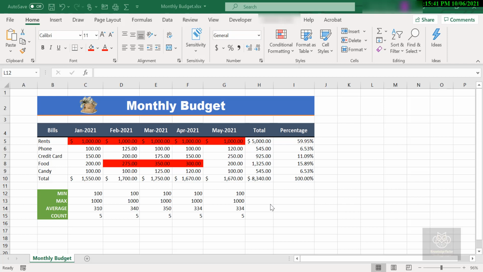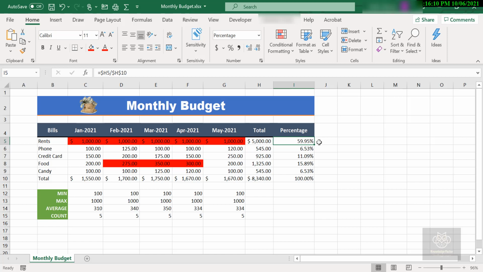But add to it, as an example, I'm going to use a block arrow just to draw attention to this 59.95%, right? That's more than half my monthly budget spent away on rent. So I want to point that out. I say, look at that number right there, right? And just use that little block arrow to point to it. So inserting a shape is super simple to do.